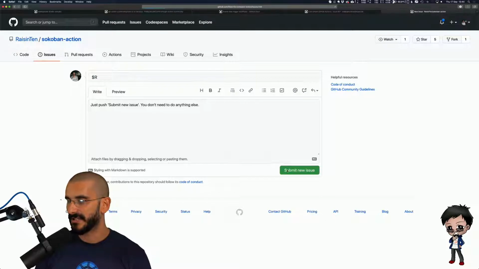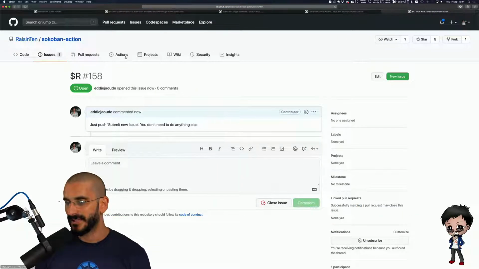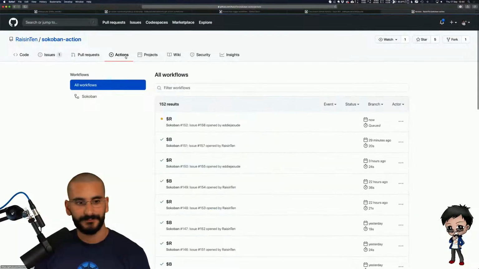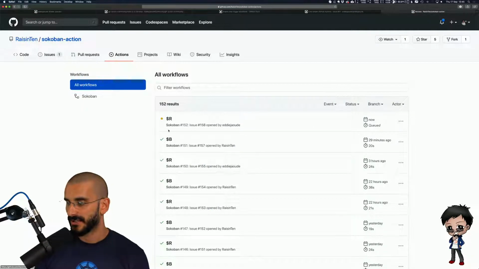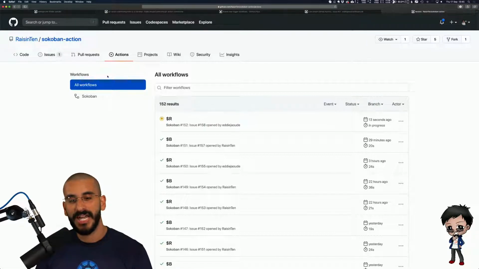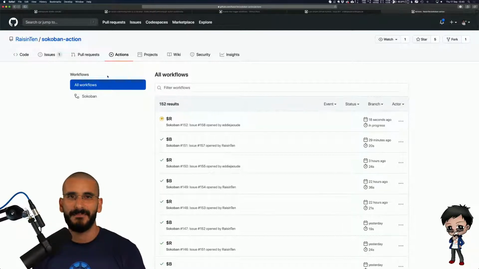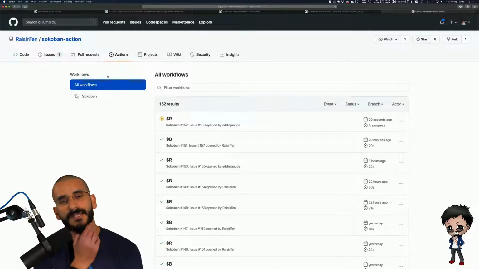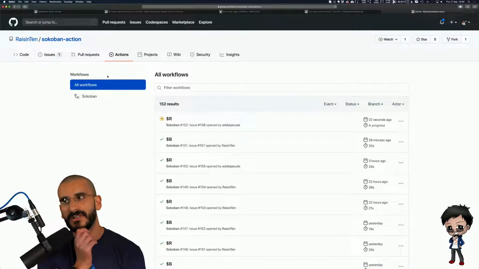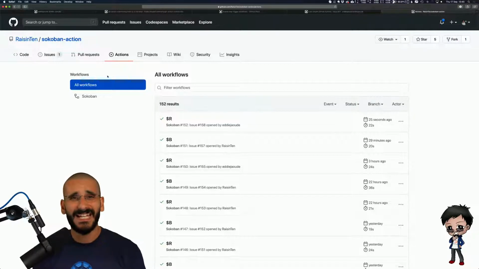I hit submit. The action's going to run, and you've got this actions tab at the top. So you can see it running now. It usually takes about 20 seconds to run. And then when we go back to the README, it would have changed. It would have moved our character across. So you could do things like Sudoku, any turn-based game, and noughts and crosses. Oh, noughts and crosses. Maybe we should do a live stream when we create noughts and crosses. Connect 4. Just loads of those games.